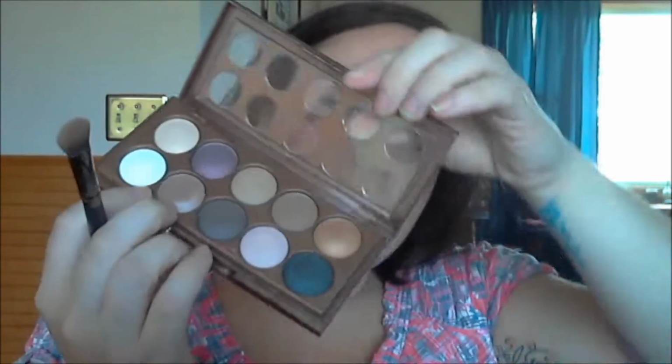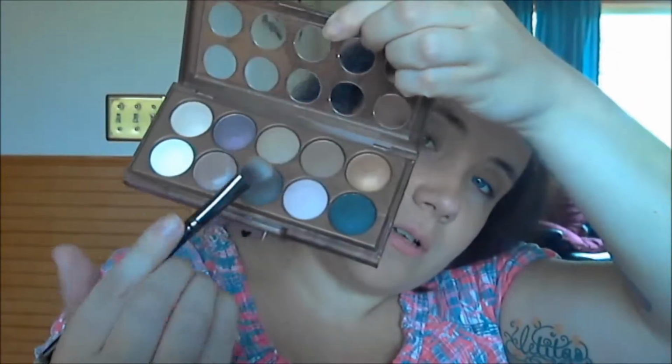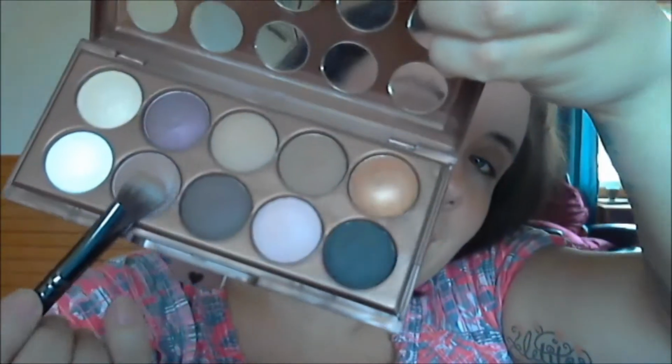I love this brush. Like I said, I just got it in an Ipsy bag. I love it. It is awesome. Okay, and now I'm going to take this shimmer, oops, this one right here, and it's a little bit darker, and it's got a shimmer to it, so it's perfect for this look. And I'm just patting that on the lid instead of swiping, because when you pat, it gives a lot better color payoff. Okay,